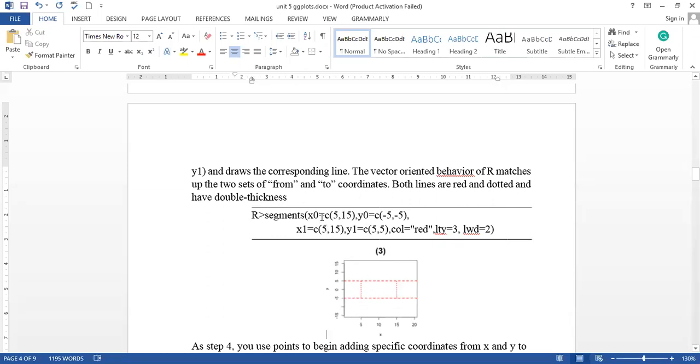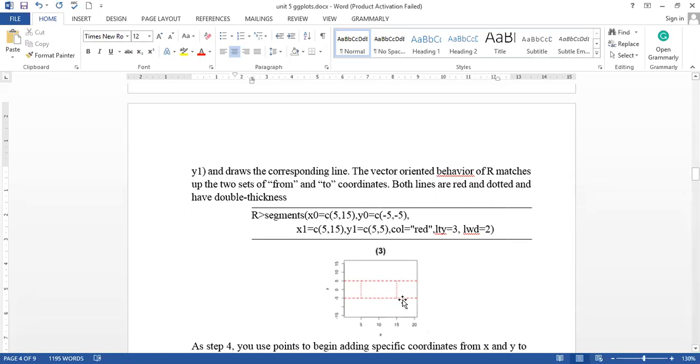If you draw, the first point is 5 comma minus 5. The next point is 15 comma minus 5. So these are the two points, 5 comma minus 5 and 15 comma minus 5. Then we have to take the final points.